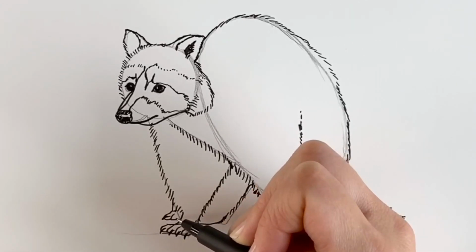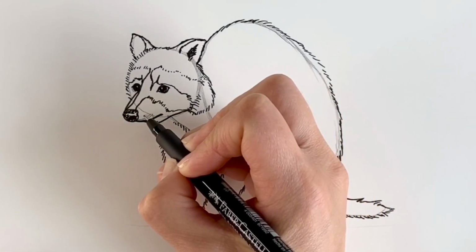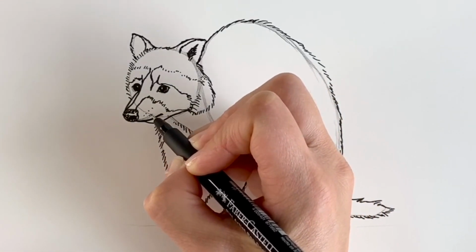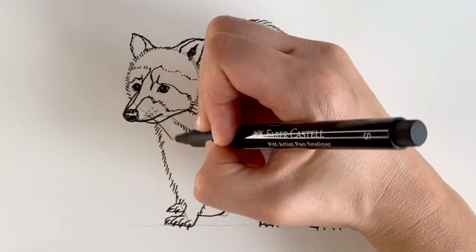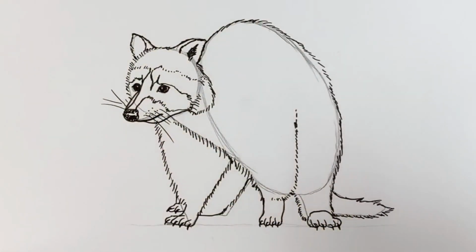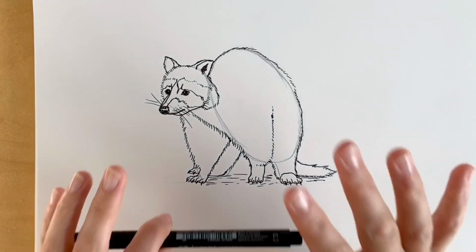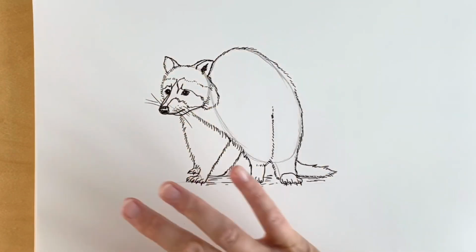There we go. And now we're just going to add some little finishing touches, which are some dots on the muzzle area, and then we're going to add some whiskers, just like that, and then just add a little bit of ground underneath. There we go. And now if you haven't gone over it in pen yet, go over it in pen and then erase all